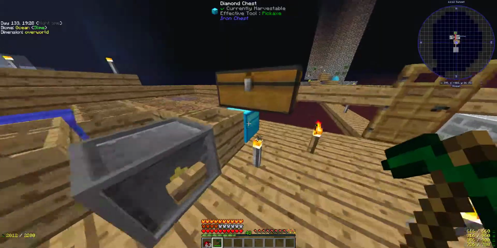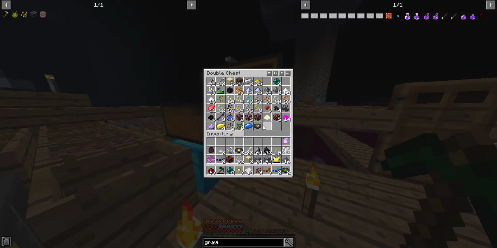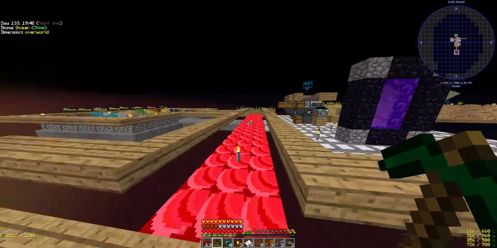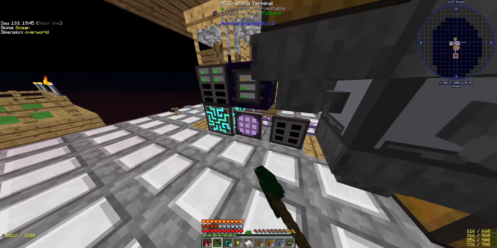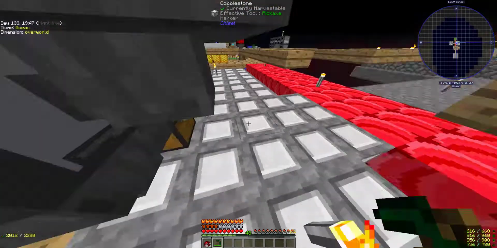Once I've put everything away, I want to see if I have any cactus seeds. Or, I guess it starts off as cactus seeds and then becomes actual cactus once you place it. But I want to use that because I have slime pearls, which I've gotten, I think, just from loot bags. And I've got